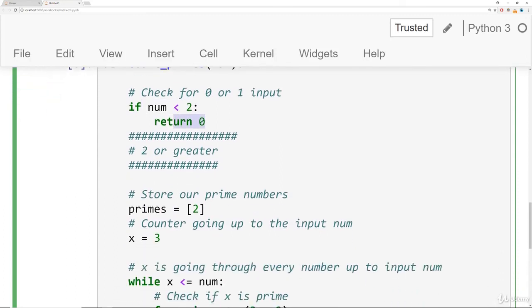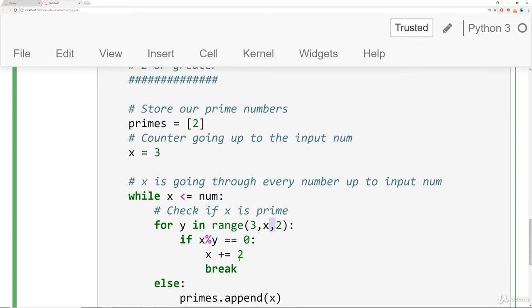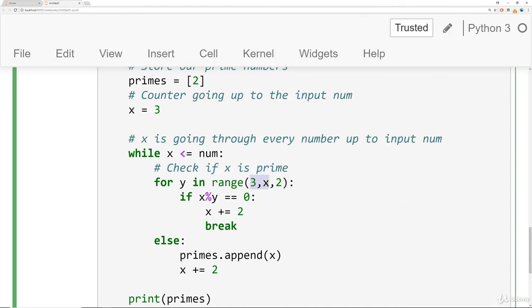Then, since I know I'm dealing with a number of 2 or greater, I'm going to start off my count of my prime numbers with the number 2 in there, so I can start off with 3. And the bonus of starting off with 3 means I can use a step size of 2, and that's indicated here from range 3 x2, as well as when I'm adding 2 to my count of x,